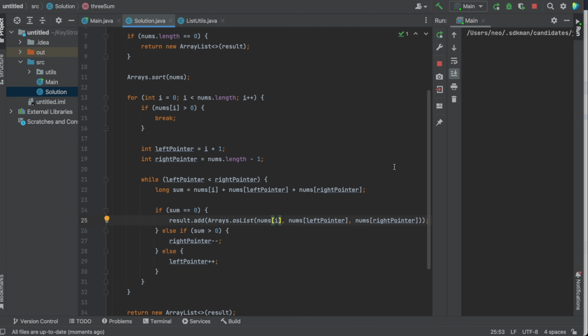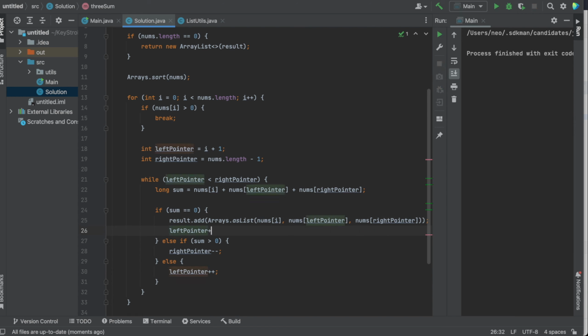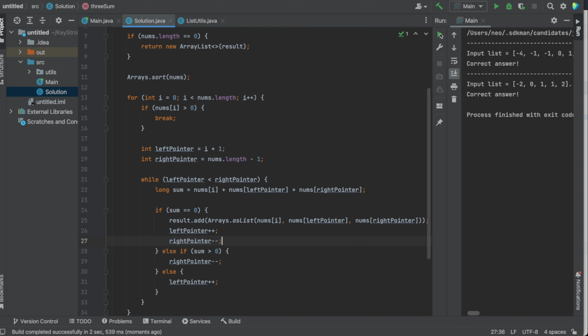I suppose it's stuck in an infinite loop right now because we forgot to increment or decrement our pointers. So let's increment our left pointer by 1 and decrement the right pointer by 1. And let's try to run this code now. Okay, it seems like this works, but we still need to add our optimizations